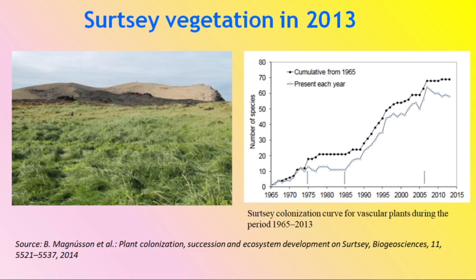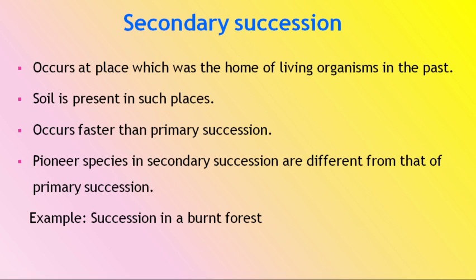So this is how ecological succession changes the biotic as well as the abiotic structure of any area. Now, another type of ecological succession is secondary ecological succession. Secondary ecological succession occurs at a place which was the home of living organisms in the past. As I discussed just before also, if an existing community gets destroyed because of any external factor, it could be